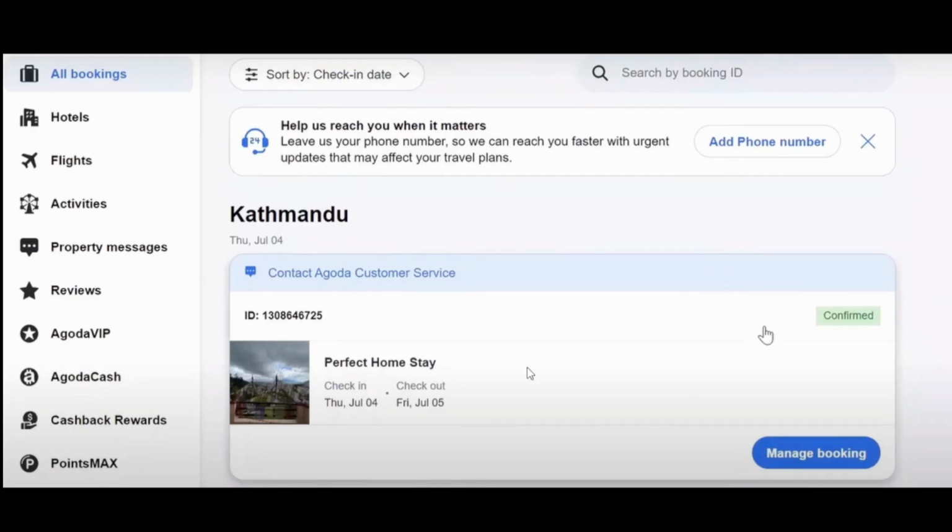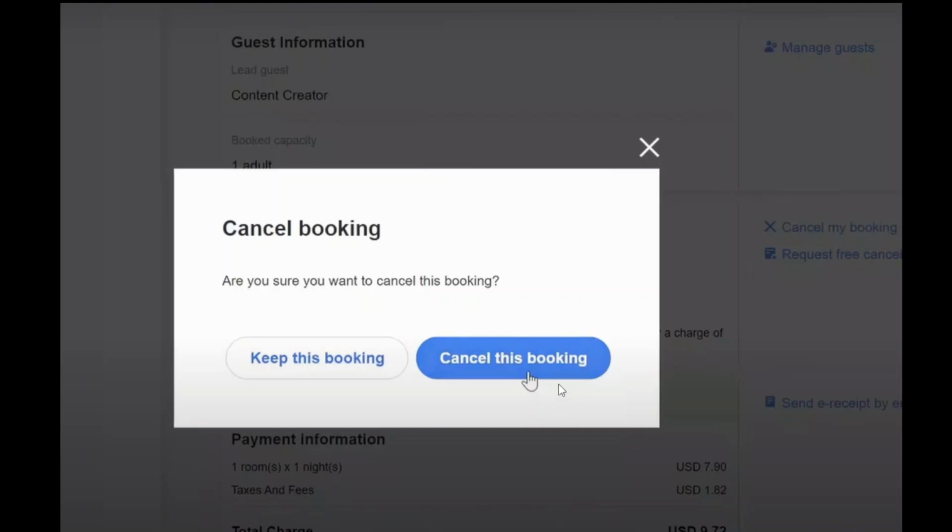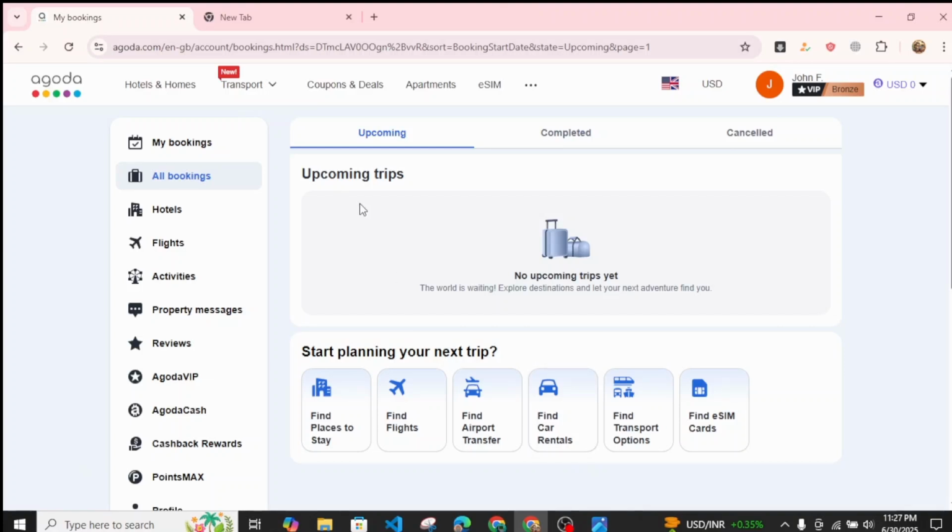So once you view your booking section, you can just tap on this manage your booking option over here. Once you tap on this, on the right section, you should see there is a cancel my booking option. So even if your booking is not refundable, just tap on this cancel my booking over here. Just enter this option that is cancel this booking to confirm for the final time, and just like that you should have successfully canceled your non-refundable bookings on your